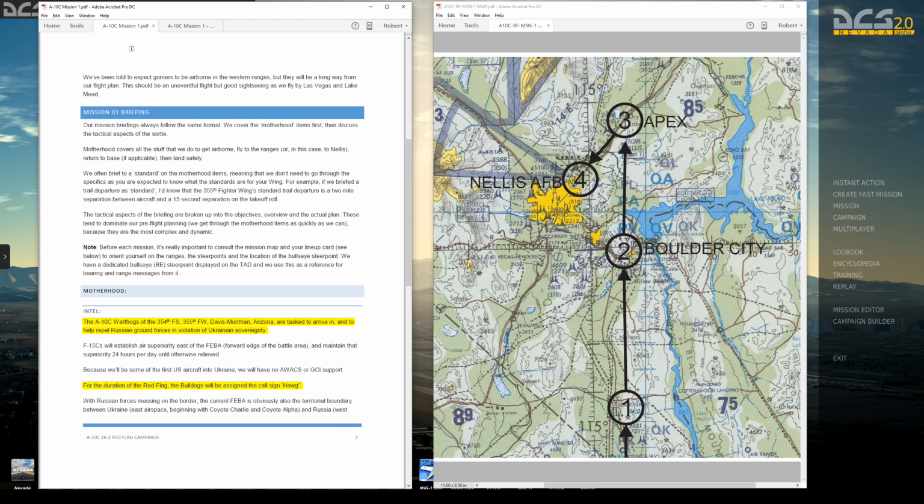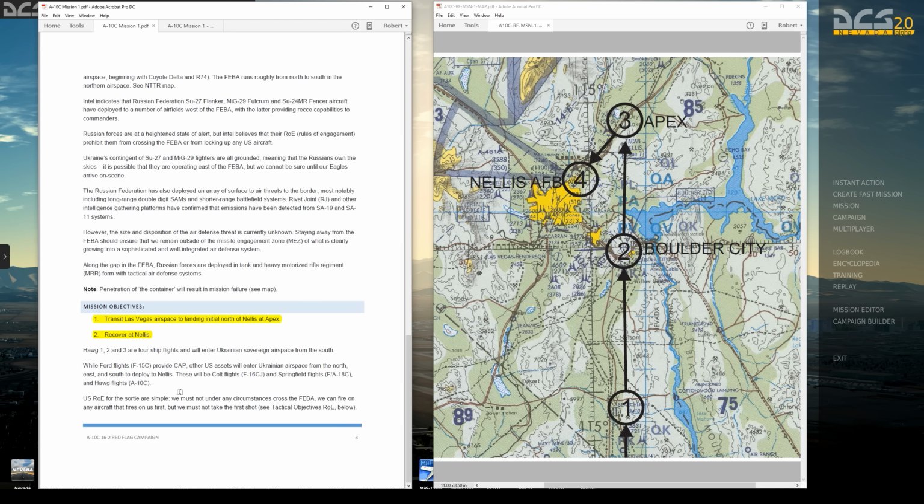Now I'm going to, again, skip a lot of this stuff that we've already been over in the F-15 campaign about the overall situation, but we are part of the 354th Fighter Squadron, and for the duration of the Red Flag, our squadron is going to be assigned the call sign of Hog. And of course, as an A-10 unit, we are going to be doing close air support, ground attack, and just whatever the mission designers decide to throw at us, so it's going to be a very different experience from what